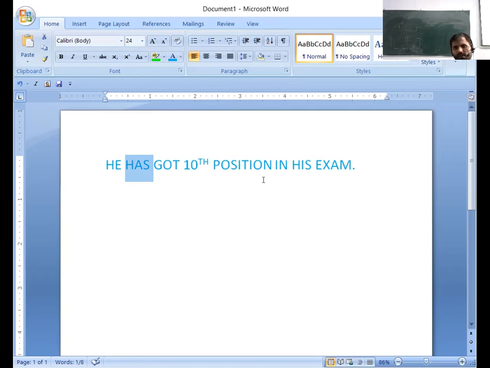Table border, background fill, sorting, and bullet and ordered list, indent, show and hide.